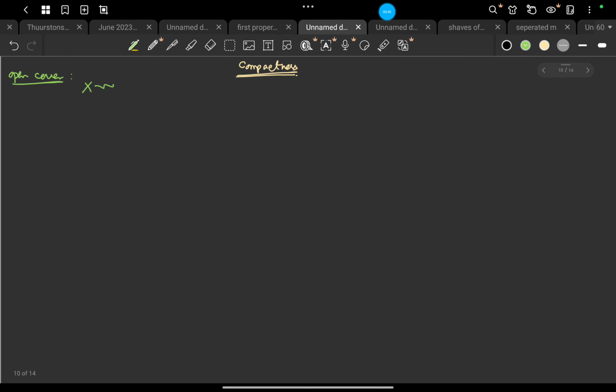Suppose X is a topological space. So let us consider U to be a collection of certain open sets, let's say U_i. This collection may be finite, maybe infinite, maybe countable, maybe uncountable, whatever. So this collection is said to be an open cover for the topological space X if the entire union of all these open sets is basically X. Okay,